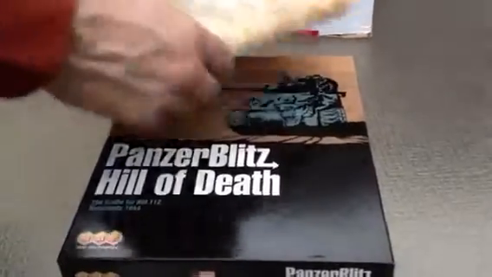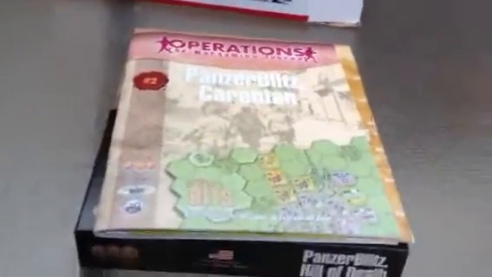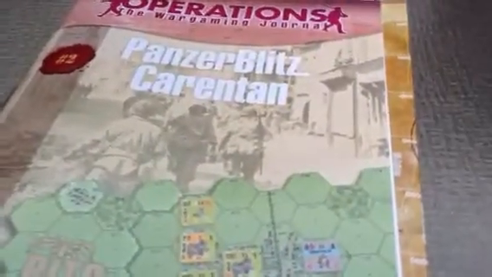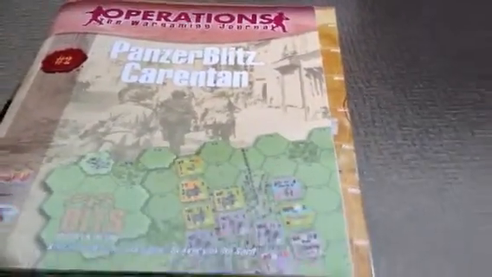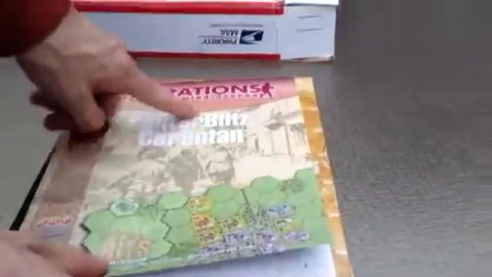Hello again for another one, another unboxing, except it's a magazine here, and this is for PanzerBlitz Hill of Death. Anyway, this is Operations magazine. It's from MmP. First time I ever got one of these, but I got it because it has the PanzerBlitz